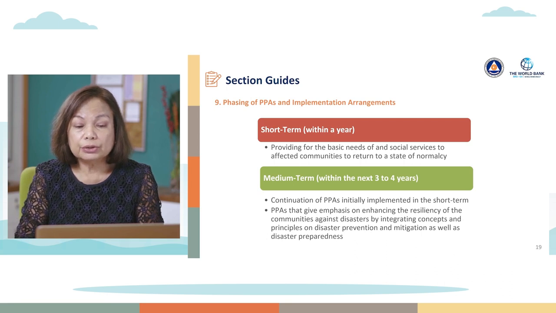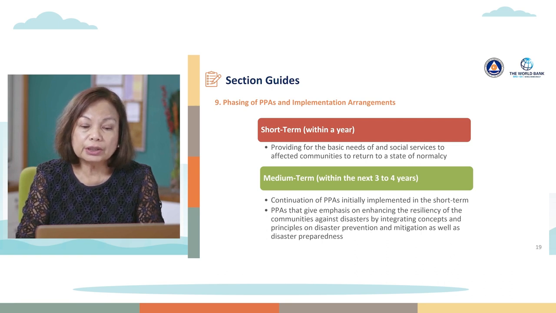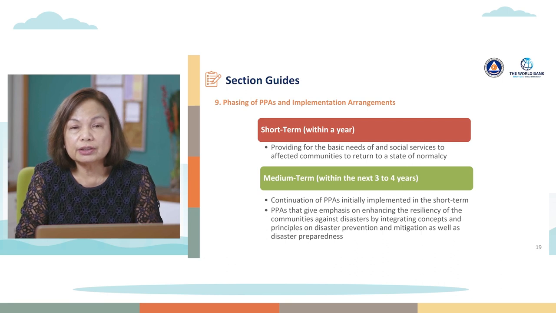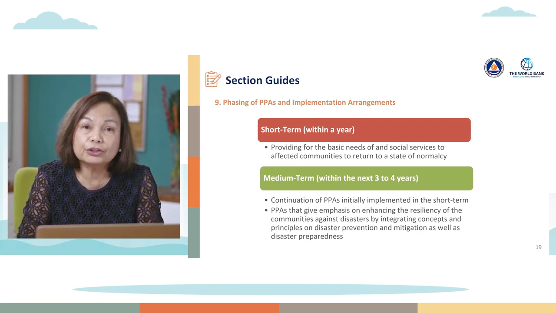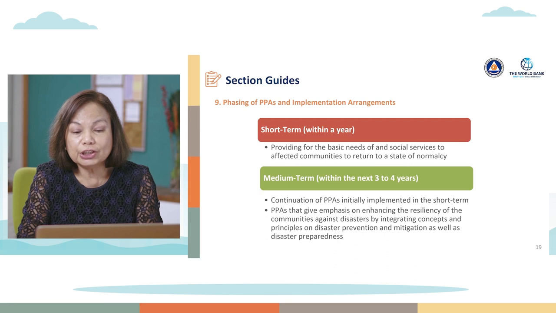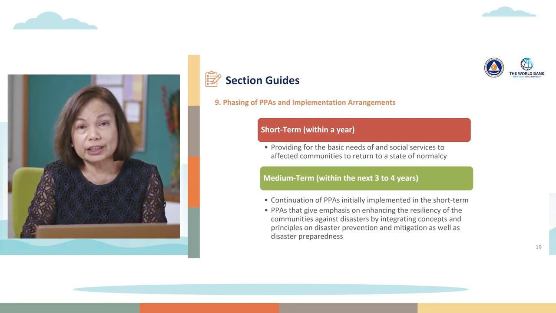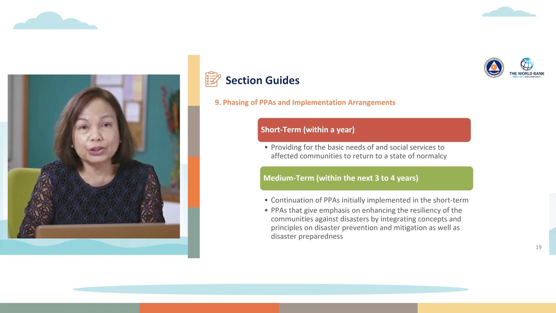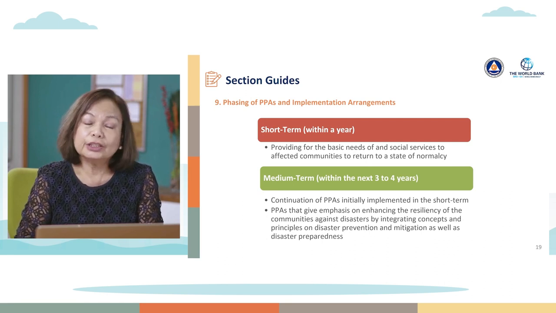The second will be during the medium term, which involves 3 to 4 years after the disaster. So these usually are just a continuation of the programs, projects, and activities that were initially implemented in the short term. Now, the PPAs implemented in the medium term will now give emphasis on enhancing the resiliency of the communities against disasters by integrating concepts and principles on disaster prevention and mitigation, as well as disaster preparedness. So for the medium term, you're not just satisfied or contented with going back to the pre-disaster situation or conditions. You need to improve your different conditions. That is why you have to consider or put into the equation